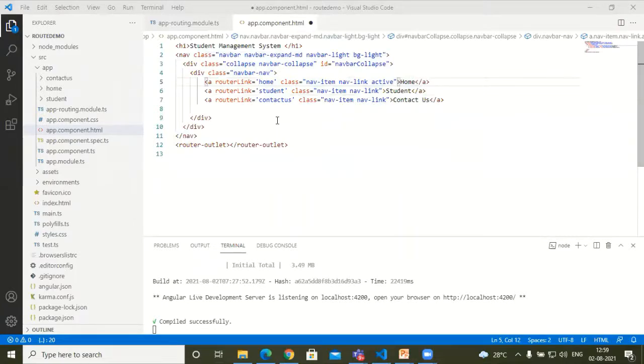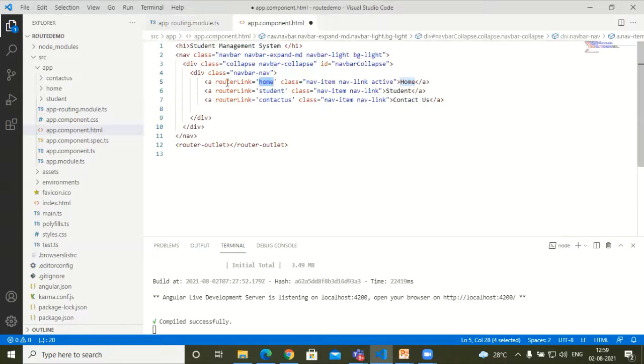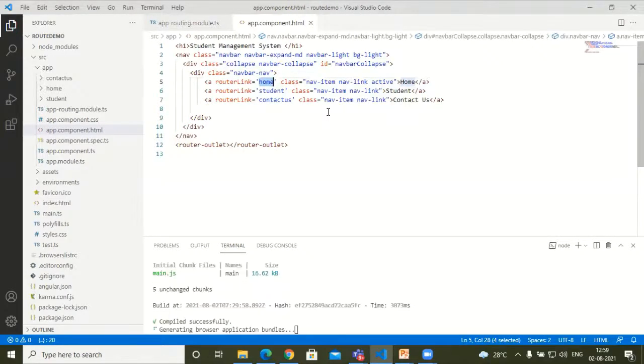This href will provide you the target where you will be navigating. Fine. So instead of that href, we will be having here the routerLink. As soon as you give the routerLink, it will check in your app routing module which path or which component is specified for this particular link, and accordingly it will open the page. Now simply save this file and let's observe the output. It might have added the navbar on your page.